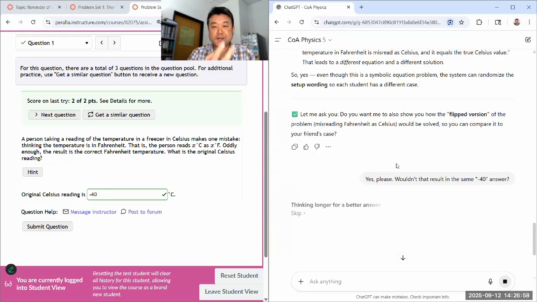You flip an equation and nothing changes. It's an equation, not an inequality. Can I remember what it was? So original Celsius. So if the sign is flipped,